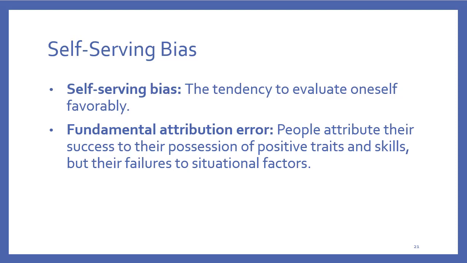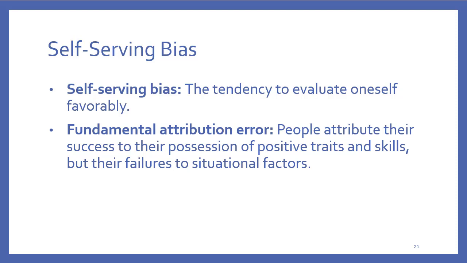Another related bias that we have about motivated reasoning is to evaluate oneself favorably. There are several different ways that we can do this. One of them is called the self-serving bias, also called the positivity bias, in that we tend to evaluate ourselves favorably. We want other people to see us favorably, so we will evaluate our decisions and appraise their outcomes favorably, because that's what we tend to want to do. People generally don't want to be seen as unfavorable people. So we have this bias that makes us seem like we're doing the right thing and the decisions we come to are good.